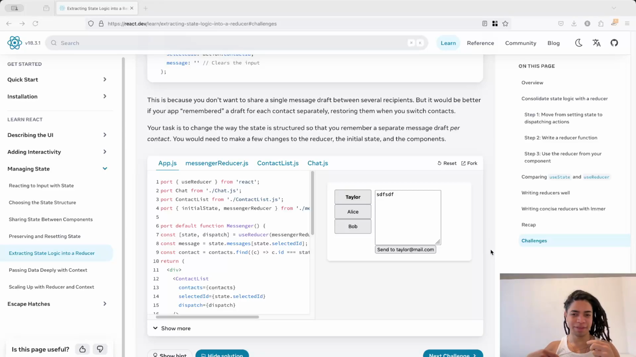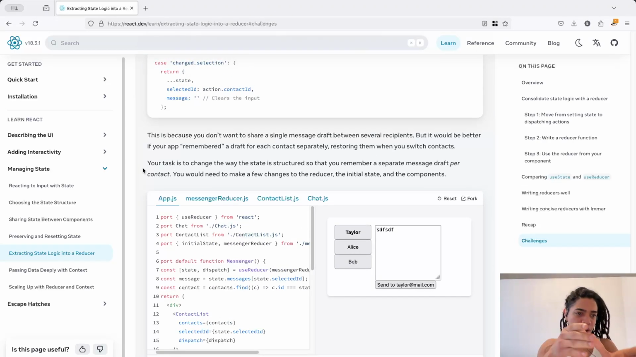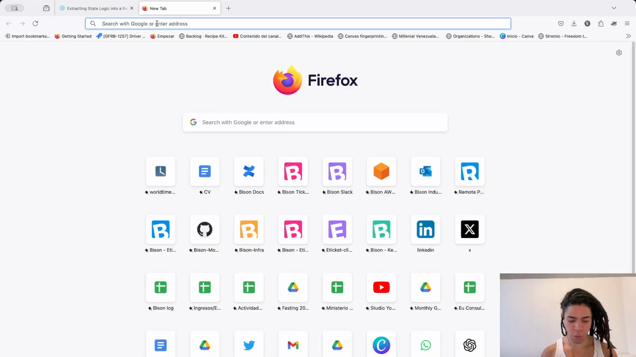How's it going, everyone? Welcome again to another video on React performance. In today's video, we're going to jump straight to the Learn section of the React docs, specifically Managing State, to see how we can set state updates in a maintainable way using reducers. Okay, so we're going to walk through this course as described here